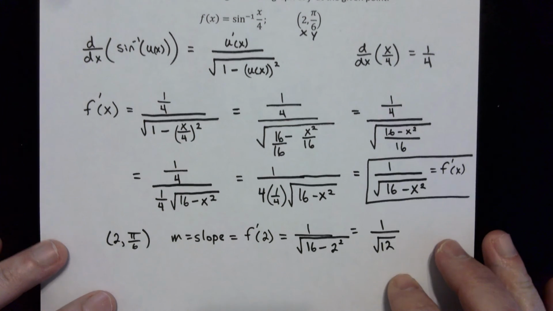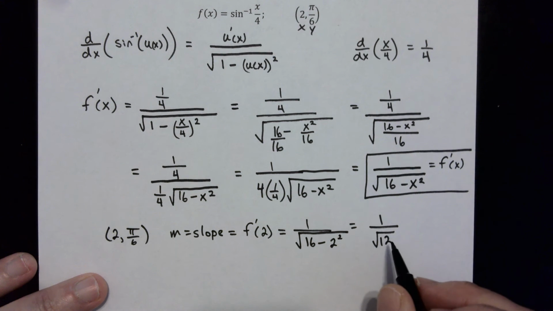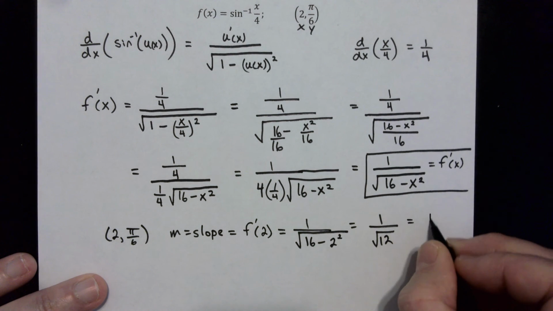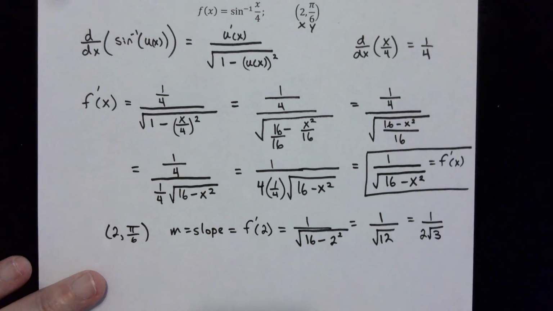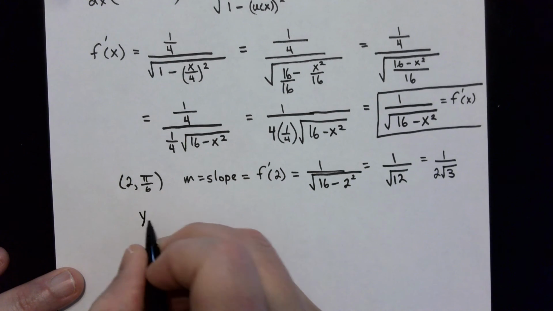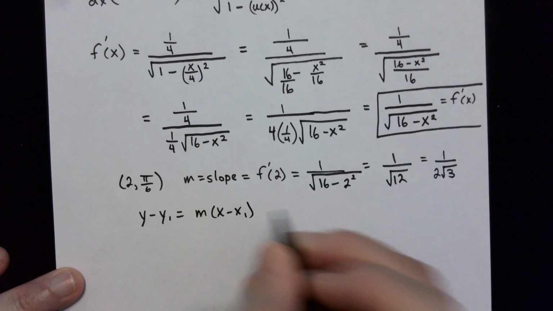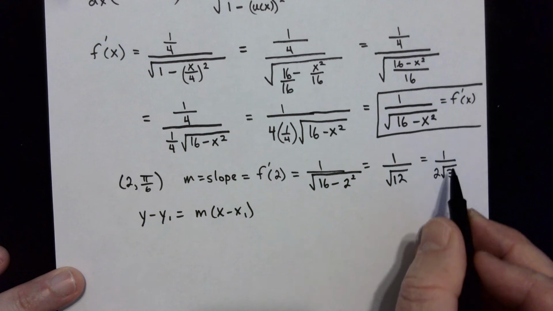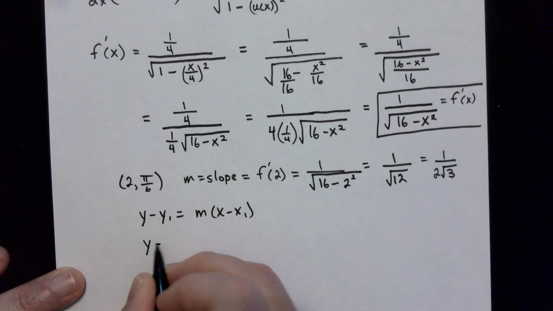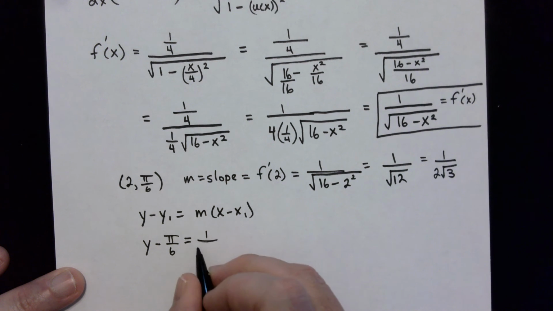Okay, and if you want to clean that up, which you might want to at some point in the problem, you can square root the 4 out of this because this is 4 times 3, so the 4 could come out, and it would be 1 over 2 square roots of 3. That would be the cleaned up version of 1 over the square root of 12. All right, now we have y minus y1 equals m times x minus x1. We're going to put the 2 here, pi over 6 here, and the slope here. So y minus pi over 6 is equal to 1 over 2 square roots of 3